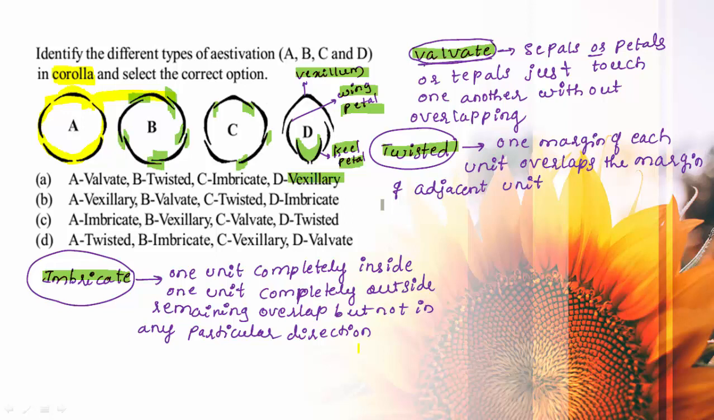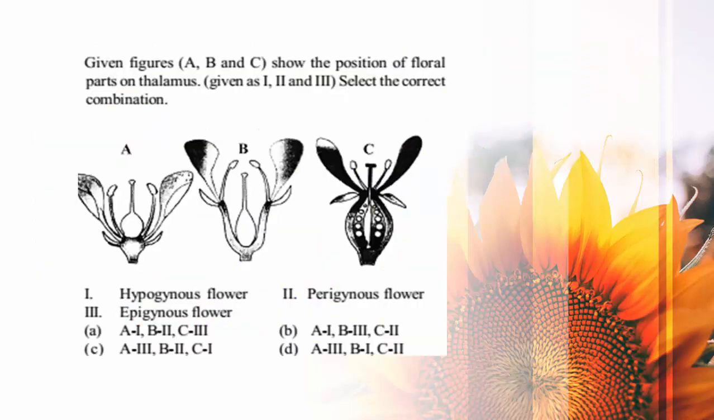They represent the keel petal. This is also called butterfly-like arrangement. The vexillary estivation is a particular flower character of the members belonging to the family Fabaceae, and the right answer for this question is option A. A is valvate estivation, B is twisted estivation, C is imbricate estivation, and D is vexillary estivation. Then coming to the next character, it is with respect to the